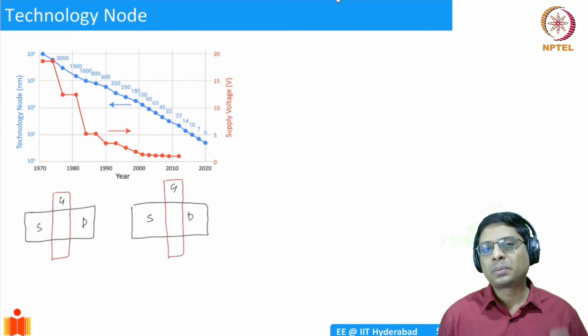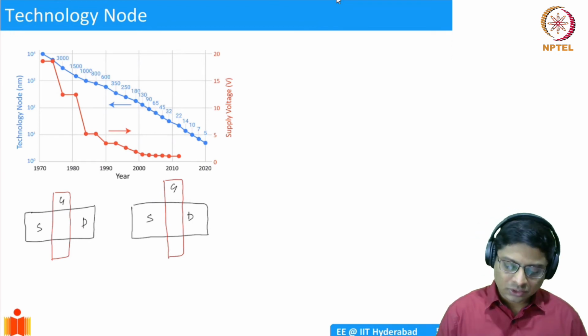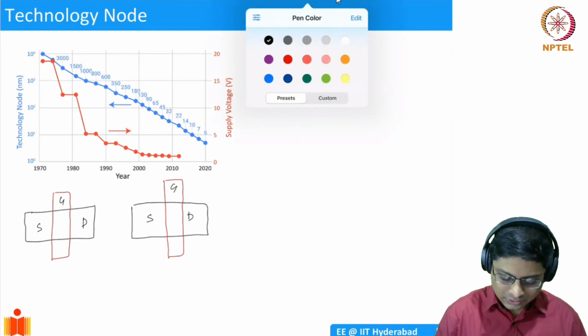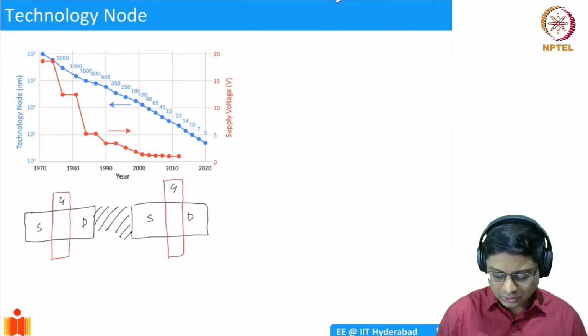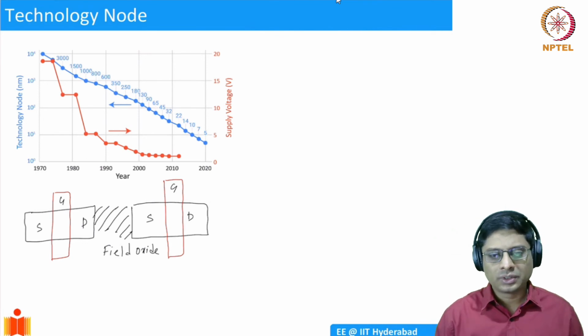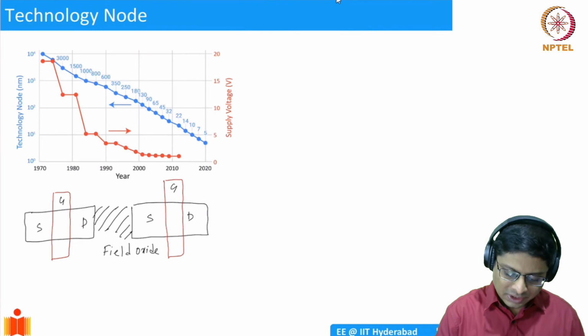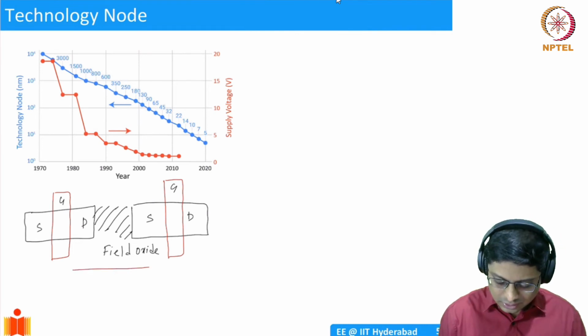Now, one of the prominent or important features of a technology is the spacing between these two MOSFETs. Okay, so of course, in between them, you have what we'll call the isolation region, field oxide, or nowadays it is called shallow trench isolation, different technologies. Essentially, you don't want these MOSFETs to communicate with each other, right? So we'll have what is called field oxide in the older times. Now it is STI. Okay, so now the important parameter to characterize a particular technology is this distance, which we'll call gate pitch.